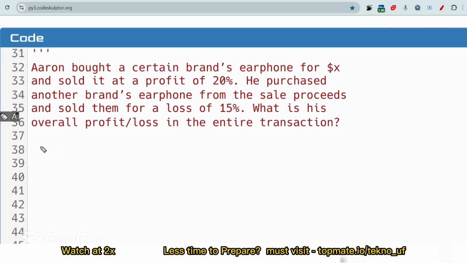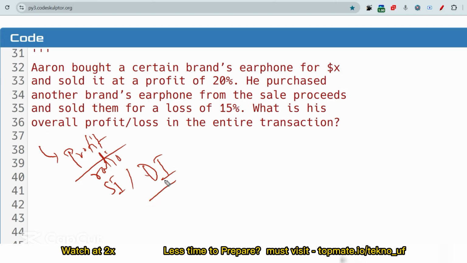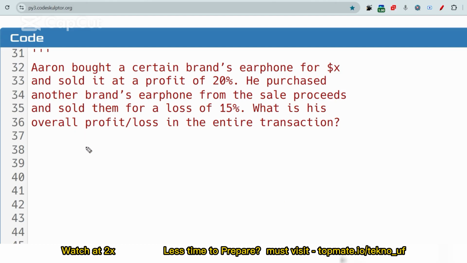So obviously from quants you can expect questions from profit and loss, also ratio and proportion, simple interest. Obviously DI you can expect from analytical reasoning, and probability, permutation, combinations, then percentage, speed, distance, time, work. All of these are very important chapters for this round. If you want to crack it, or if you have very less time, then please go through these mentioned chapters so that you can minimize your preparation time.